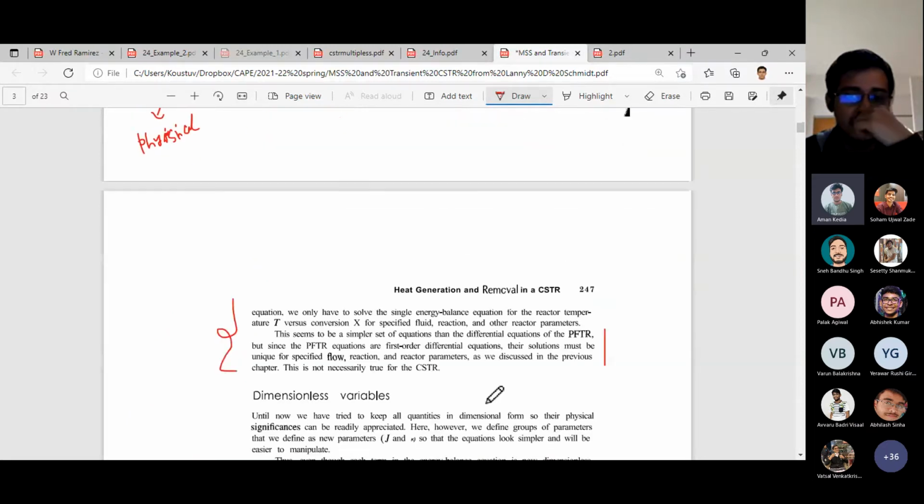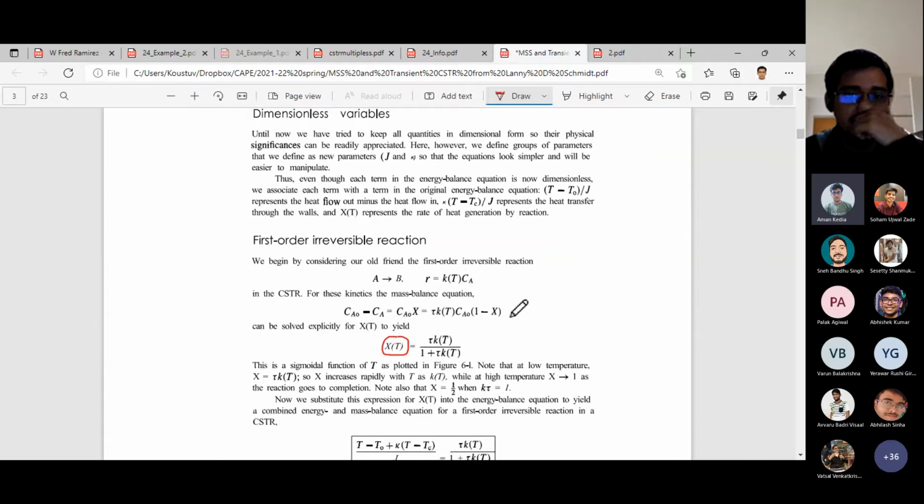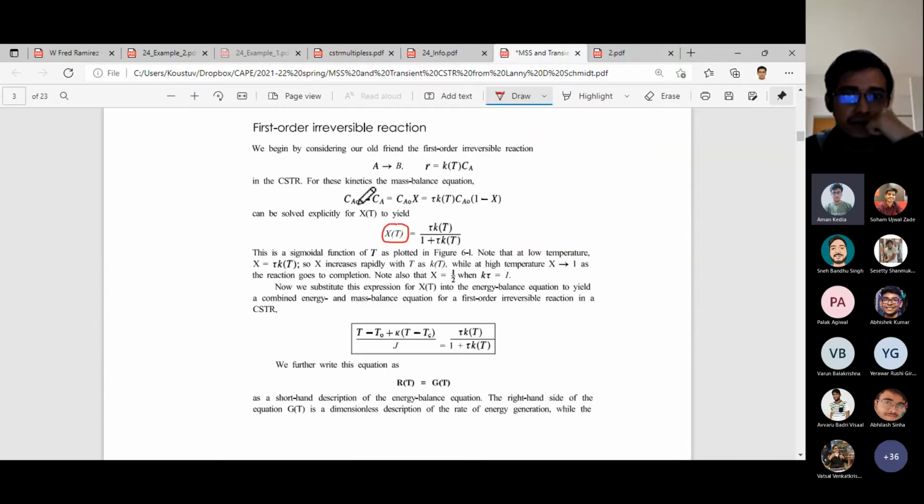And let us see what their function value contains. So if you do first order irreversible kinetics of this expression, then you get conversion as a function of k and tau. So this is very much familiar to us. You have already done this. Maybe in the isothermal case, you didn't write this k as a function of temperature. You just wrote it as k tau by 1 plus k tau conversion.